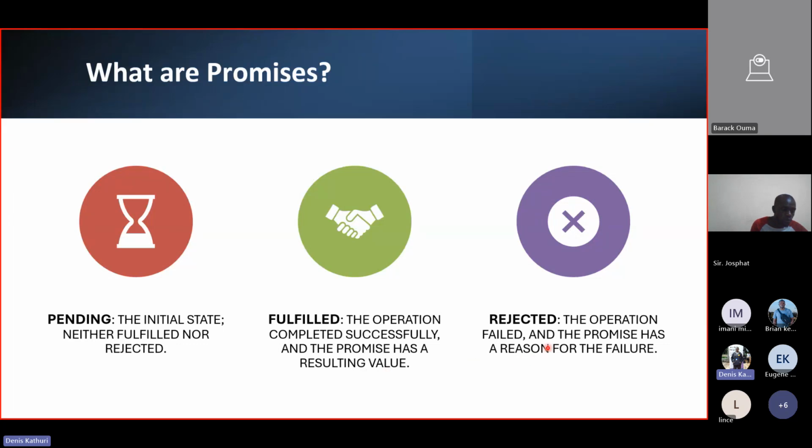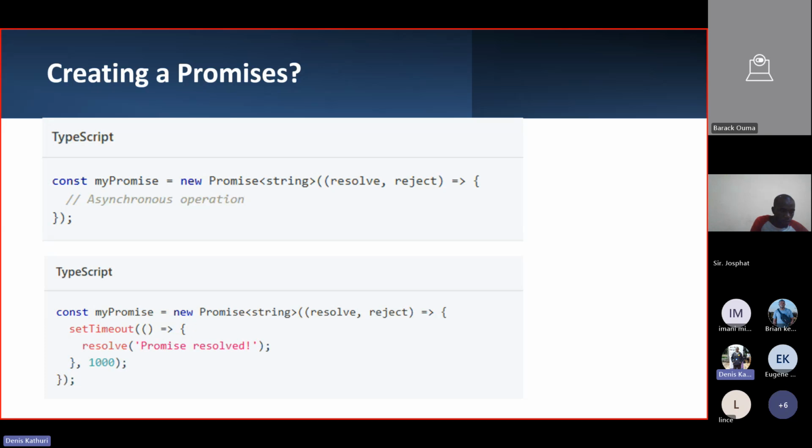Then the third state of a promise is rejected. The operation failed and the promise has a reason for that failure. So we have that on the syntax of a promise. We have this constructor here. To create a promise, you need to use the promise constructor, which is new Promise, which takes a single argument, a function with two parameters,